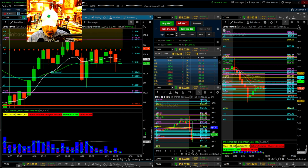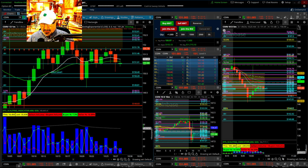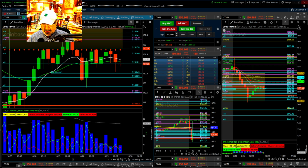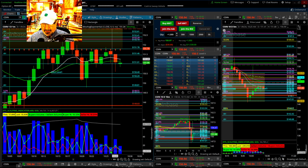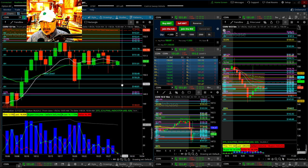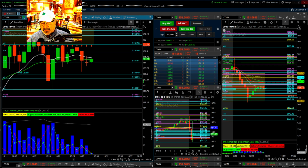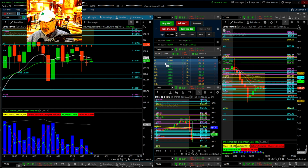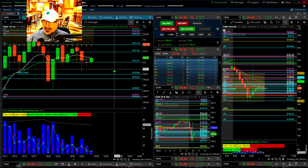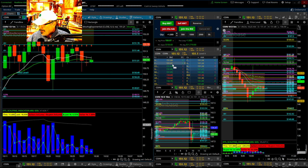See how the volume's dropped. I mean, you've got safety here. I can take my eyes away because it's not like anything's going to happen real fast here. The volume's just come down to a very slow pattern. This is usually when I don't like to trade anymore. I like the safety of a consolidating large cap stock, but when you have a fairly large spread and a large share size, you can slip the entire amount of the small scalp. So you have to have big enough moves